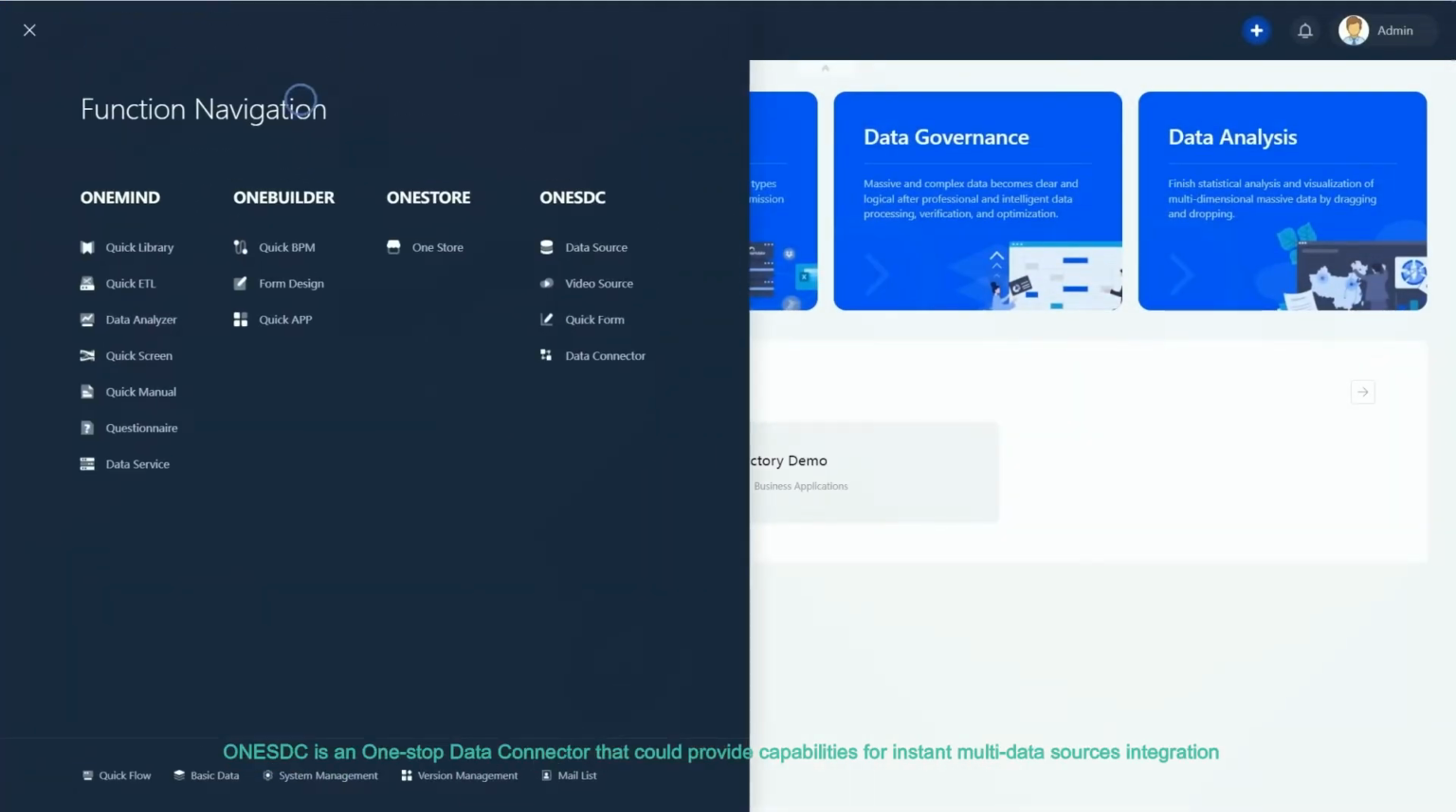One SDC is a one-stop data connector that provides capabilities for instant multi-data source integration, including more than 100 mainstream databases, IoT devices and data hub. OneMind is a one-stop big data platform that provides capabilities for data collection, composable ETL, data governance, data analytics and BI without SQL script. One Builder is a one-stop application constructor, which can help business users to construct applications like